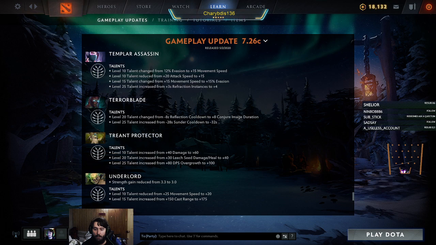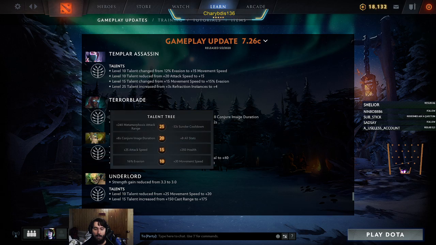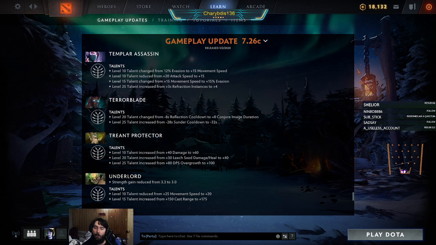Instead of Reflection cooldown, Conjure Image duration, which is a big buff for Terrorblade, because Reflection's nice, but having longer illusions is huge. Sunder cooldown went down by another 4 at 25. It's literally unbelievably low, the cooldown of Sunder. Basically, you have to burst Terrorblade after Sunder goes off. That's the only way. You're never going to slowly bring him down. He'll just have Sunder again, so...